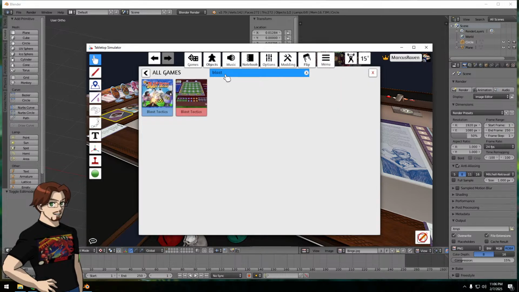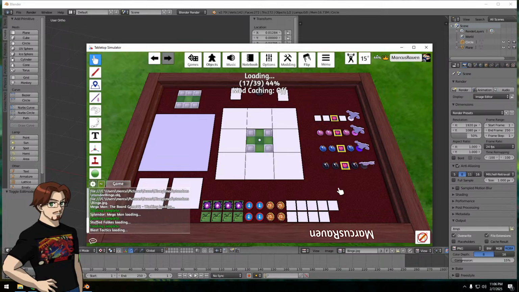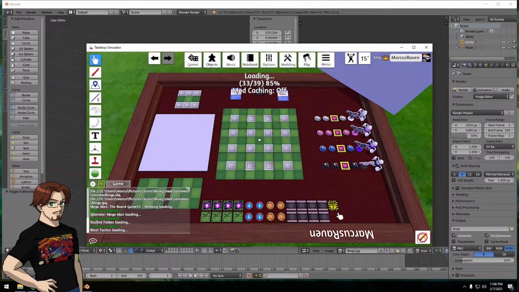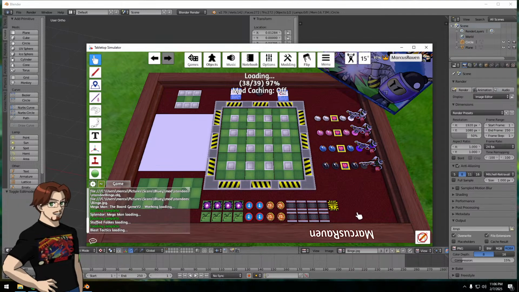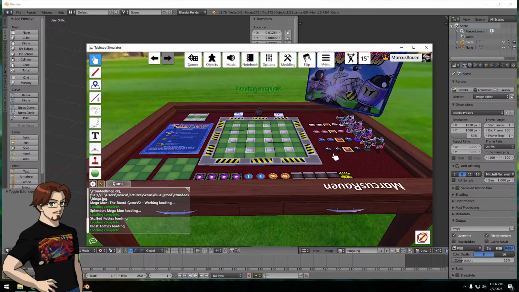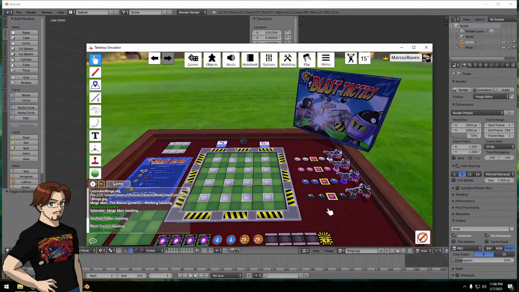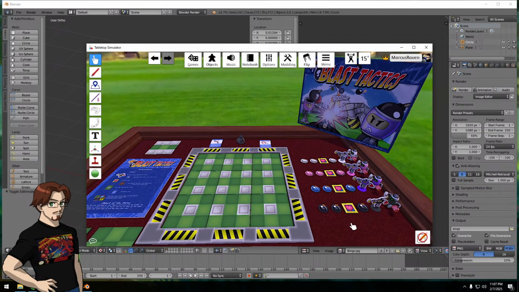But another one of my big ones, Blast Tactics. This is formerly the Bomberman board game, which was unfortunately canceled. But the creator allowed me to assist with preserving it. There is a version of this that uses the Bomberman-based assets. I believe I took it off my public profile, but later on down the road, he created this version, which is unbranded,